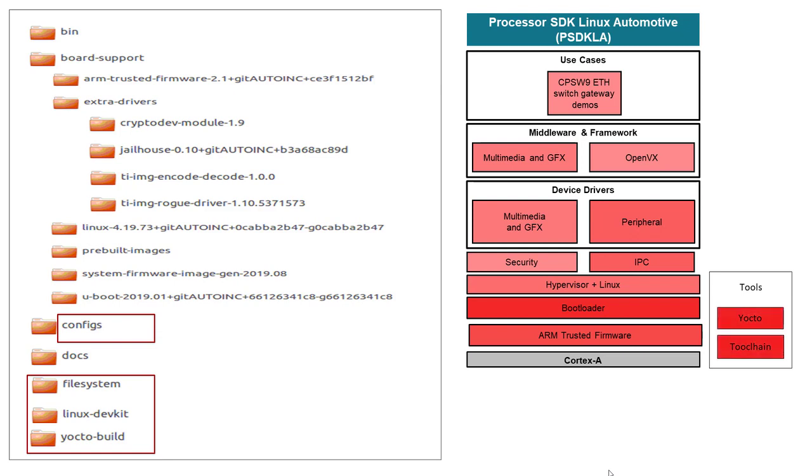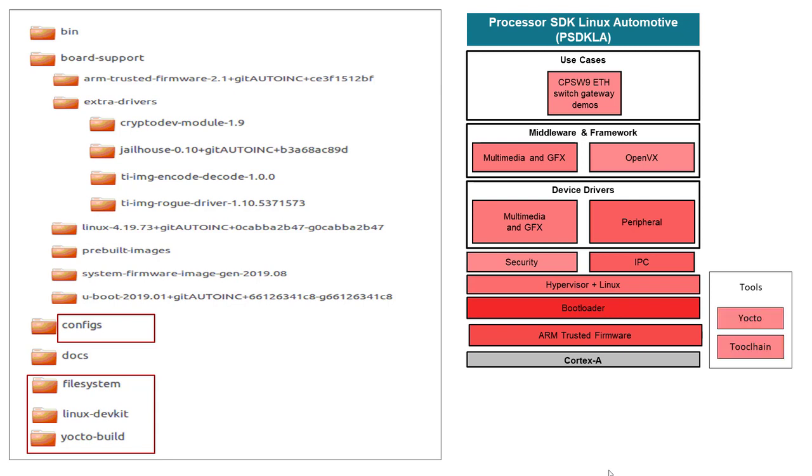The SDK includes a pre-built root file system and necessary scripts and configuration recipes to rebuild the root file system using Yocto. As part of the SDK installation, the host environment for cross-compilation is set up, and the corresponding dependencies are bundled and made available under the Linux DevKit folder.